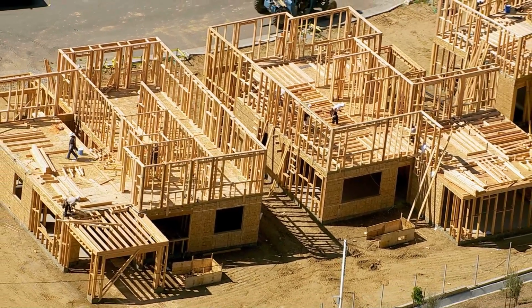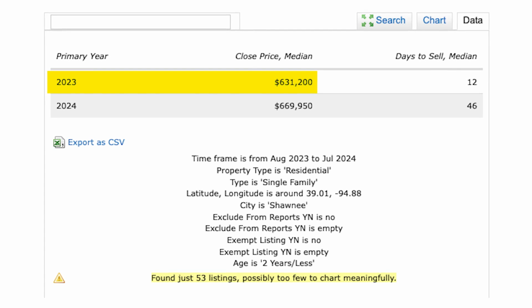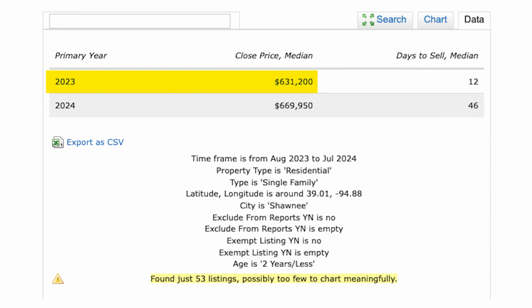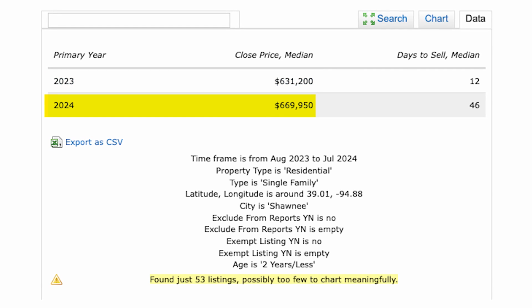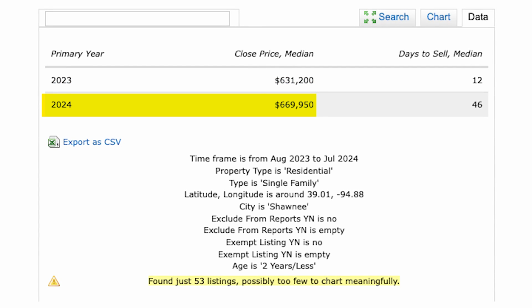Now, here's that same data that I showed you for pre-existing homes, but now it includes all new construction. The previous one excluded all new construction. In 2023, you can see the median close price was around $631,000. Of course, now in 2024, home prices have increased. Inflation's been crazy the last year. You've got prices around